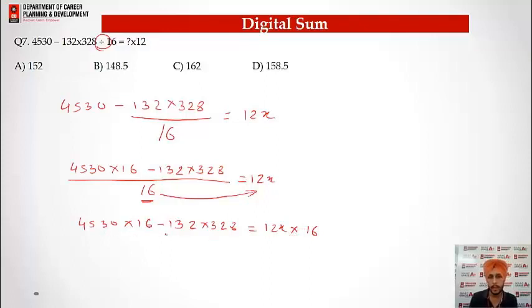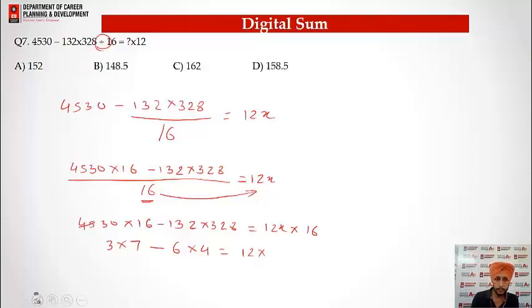So now we can apply digital sum over here. So here we have 5 plus 4, 9, 9 can be ignored, so we are left with 3 into 6 plus 1 is 7, minus 3 plus 1 is 4, plus 2 is 6, 3 plus 2 is 5, plus 8 is 13, and 13 is 4, is equals to 12